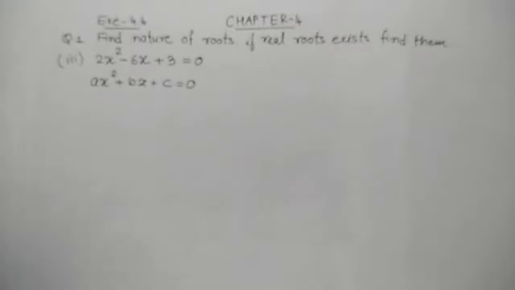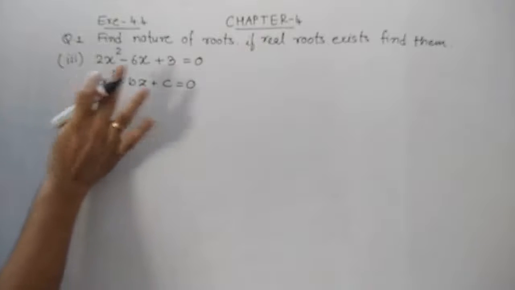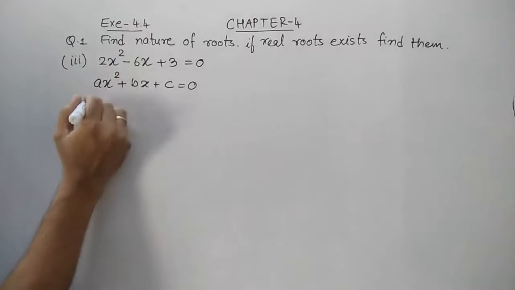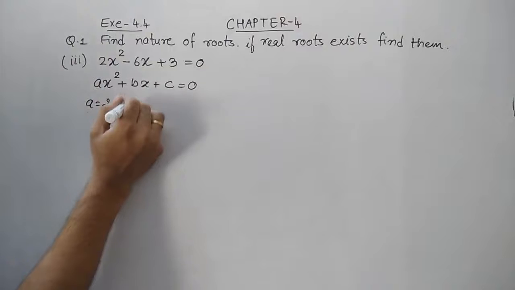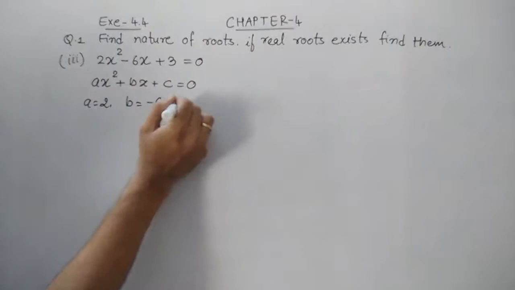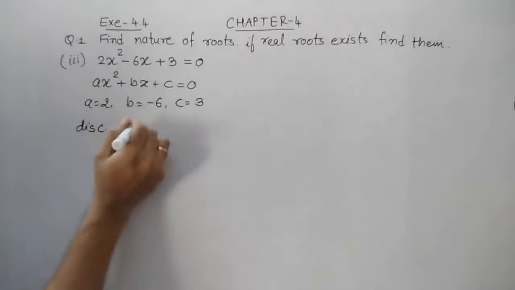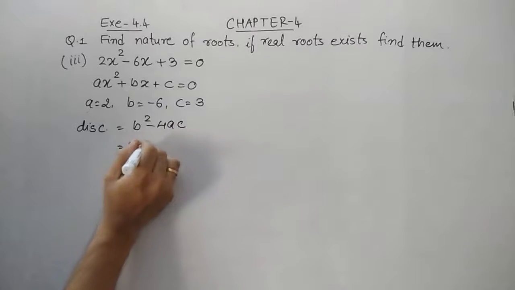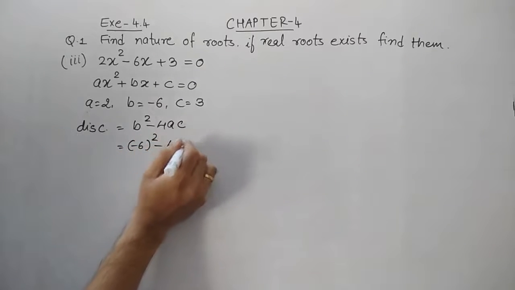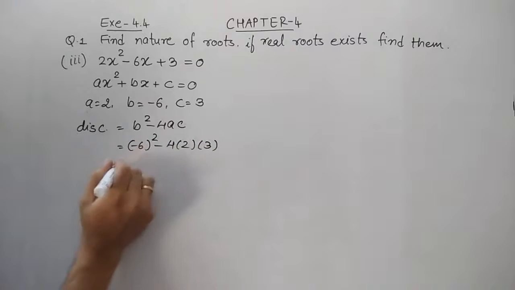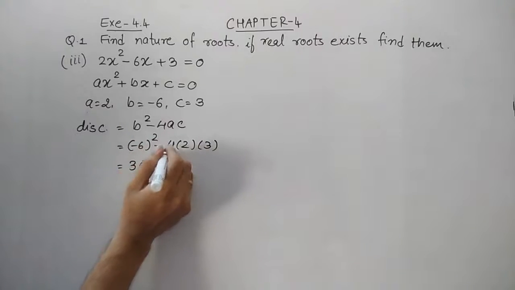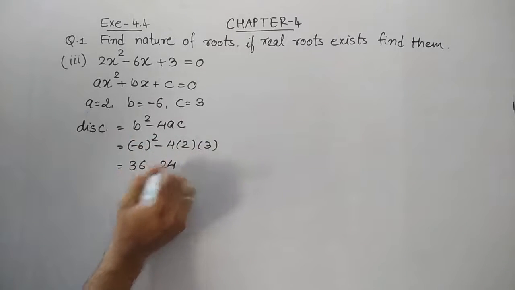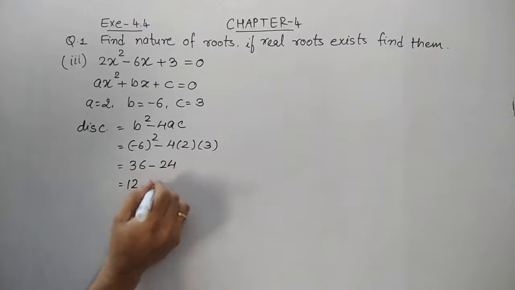The same type of sum is there. Let's find out the roots by comparing with the standard form. So the value of a, b and c which we obtain, a is 2, b is minus 6 and the constant is c. So let us find out the discriminant, that is b square minus 4ac. b square, that is minus 6 the square minus 4a and c. 6 6s are 36, 4 2s are 8, 8 3s are 24. So the value is 12, which is greater than 0.